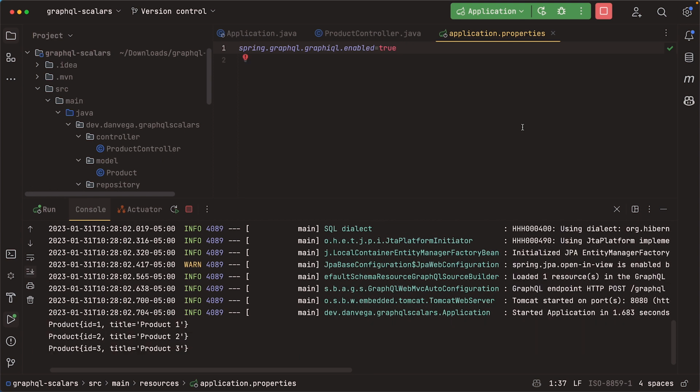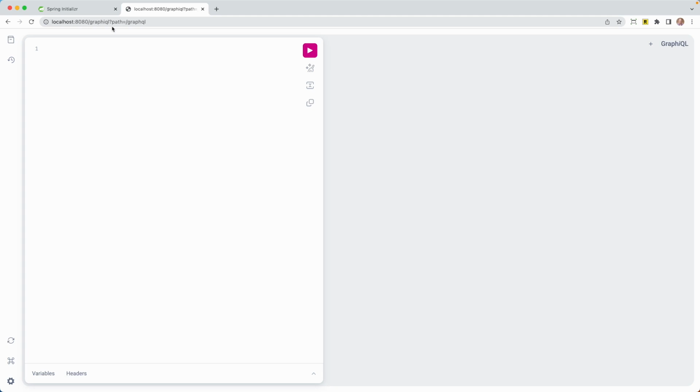And if everything's good, we can head over to the browser. And we'll go to localhost 8080/graphiql. This will load up the GraphQL Playground to kind of validate our queries here. So I can type in query. I get some IntelliSense here, so I can say allProducts, and we know that we have an ID and a title from here. If we go ahead and hit run, we get those 3 products that we've saved in